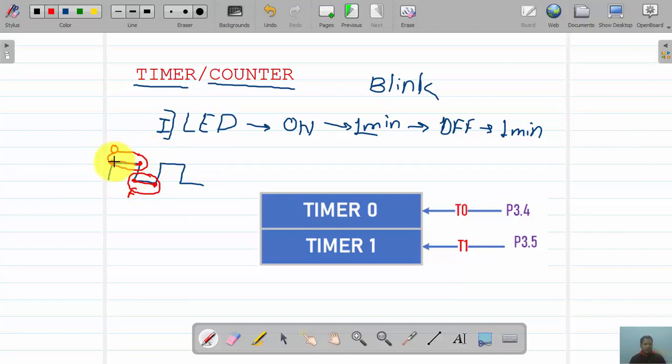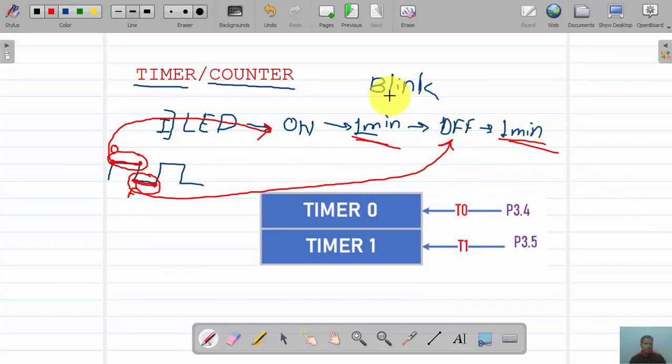So what we are going to do: at this instant I turn on the LED, and I keep the status of this LED as it is for this specified time span. Similarly, at this instant I turn off the LED, and keep the status as it is for this specific time span. This operation means introducing a delay in the program, a timing related activity. This operation is called a timer operation.